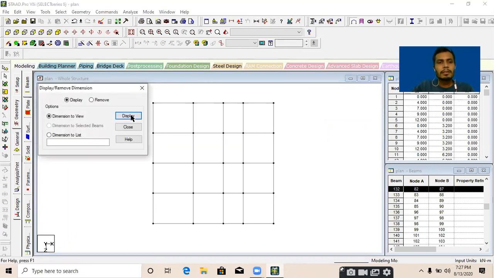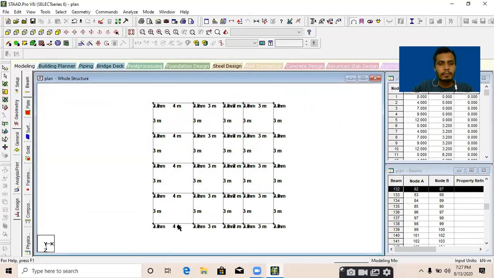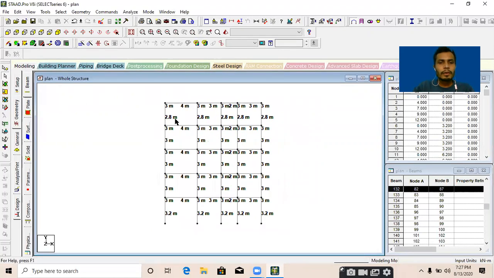Go to dimension, display. Look at this, 4, 3, 2, and 3. About the width, we provided 4 bays of 3 meters. Go to the front view and look at this, the height 3.2, 3, and 2.8. Like that we can change the distance or height along the x, y, and z.